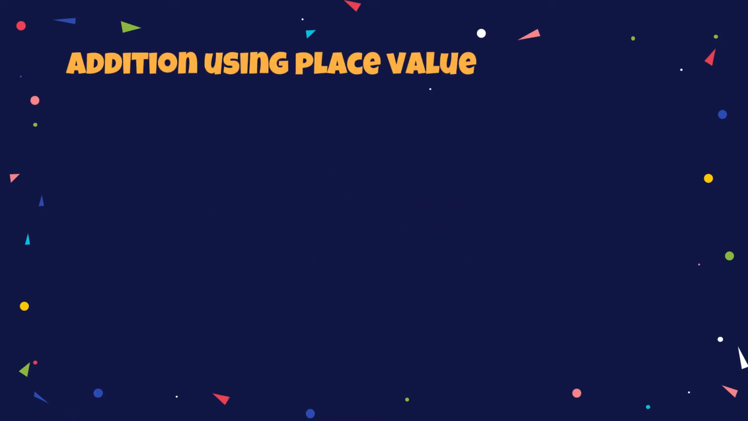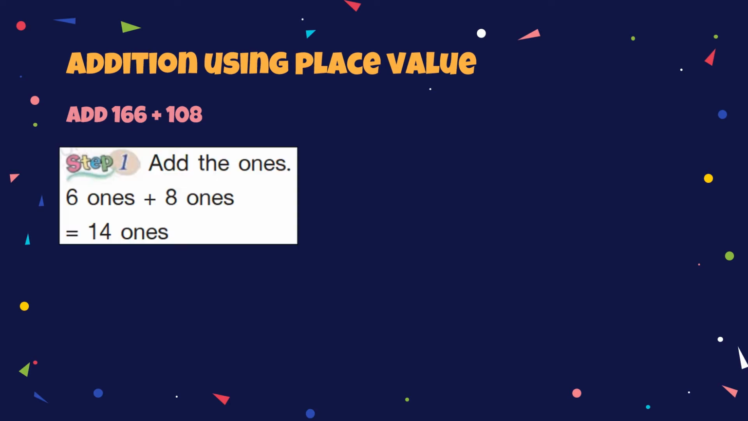We have many methods on how to add. The first method that we have is addition using place value. So let's add 166 plus 108. The first step is to add the ones. We have 6 ones plus 8 ones is equal to 14 ones. Okay, so let's check